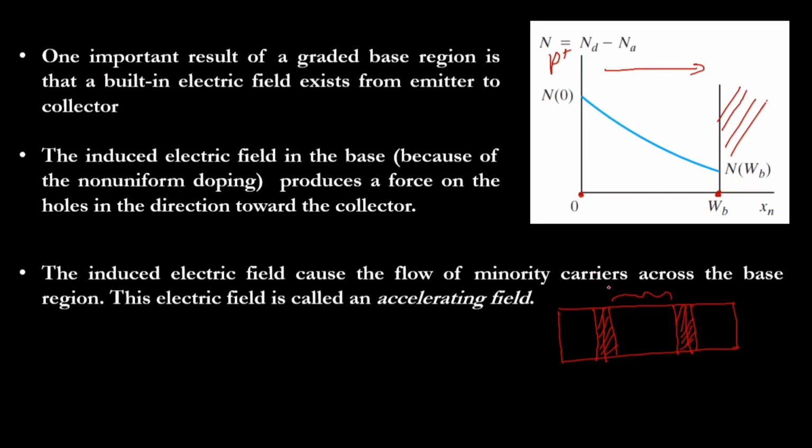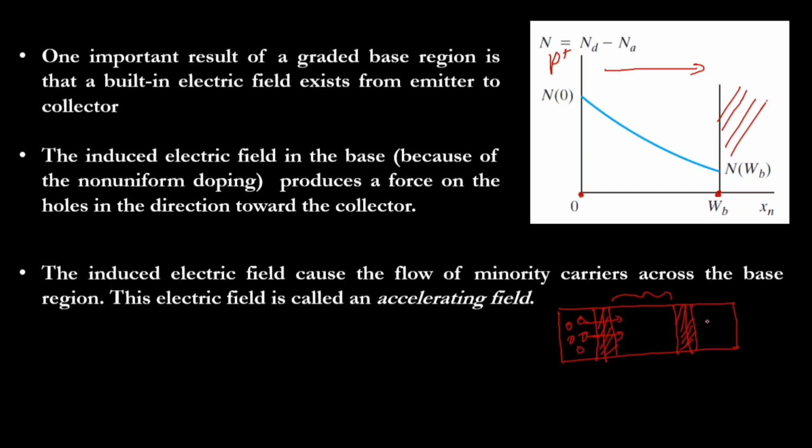Okay, we know that holes are injected from the emitter. The holes will cross this junction, right? Once they reach over here, they go to the base region. As far as the base region is concerned, the holes are the minority charges. Since the base region is very small and its length is less than the diffusion length of the hole, they will reach the transition region of the collector junction and go to the collector. This is what we learned.